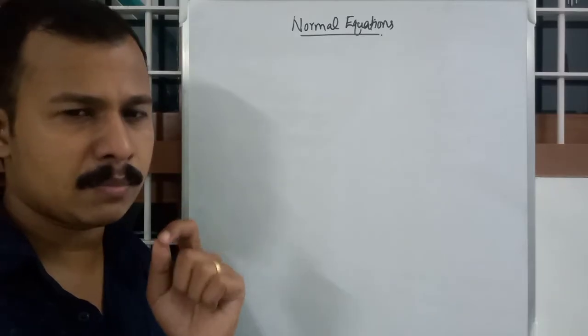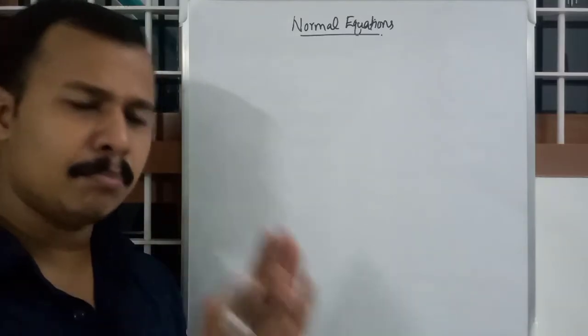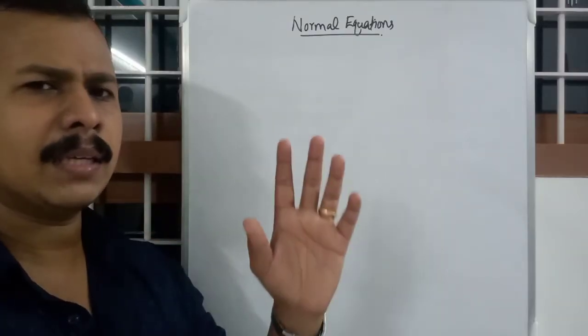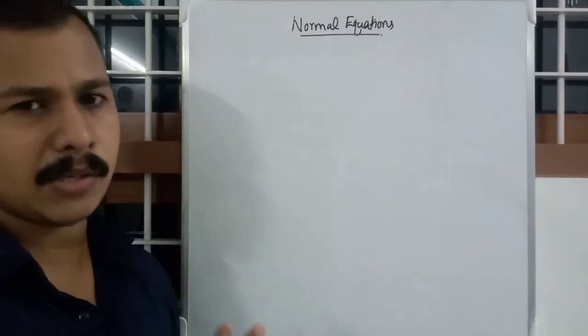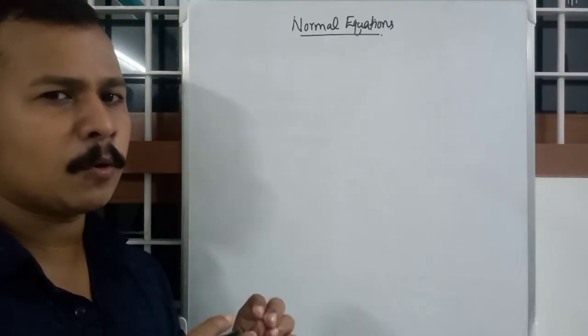It is one of the most important topics in theory of errors, and it is also the simplest. If you understand it, it's very simple. If you just click, you can go on and on with the examples. Okay, so normal equations is a way of solving